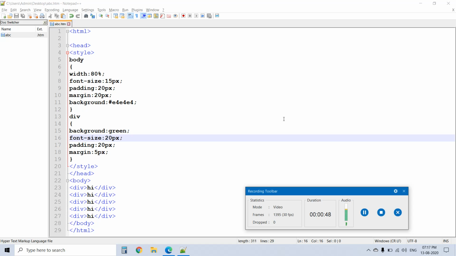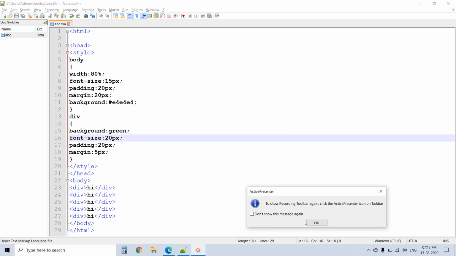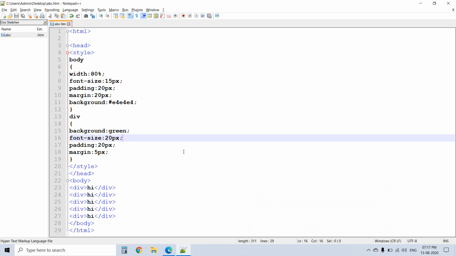The first important point is don't think that coding is very hard or very tough. Just keep it relaxed. I am going to show you from the basics up to the advanced. If you have any questions, please write them in the comment box.